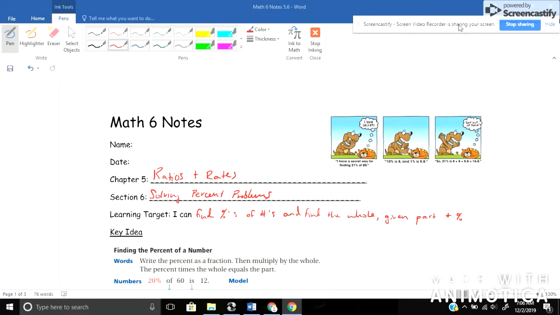In section 6 today, we'll be discussing solving percent problems. Okay, and for our learning target, we have: I can find percents of numbers and find the whole if I'm given the part and the percent. So it's a two-part target. We're going to be working on finding the whole if you know your percent and your part, and also finding